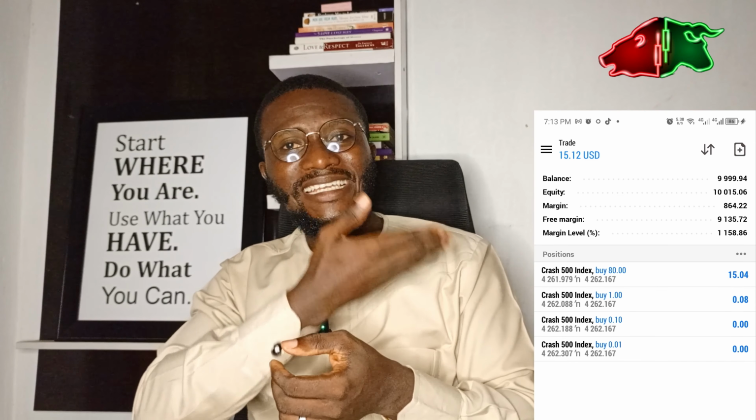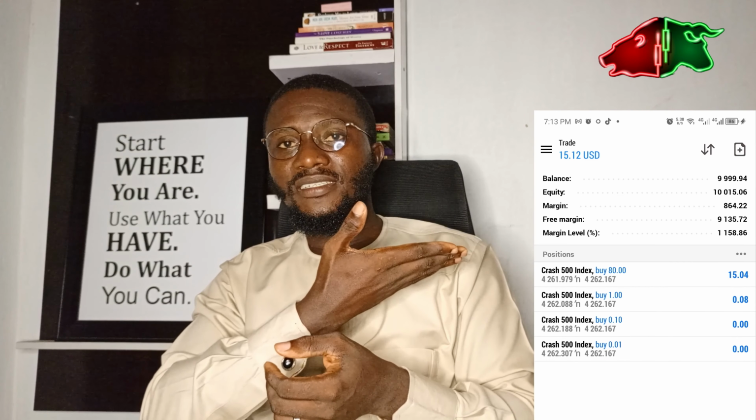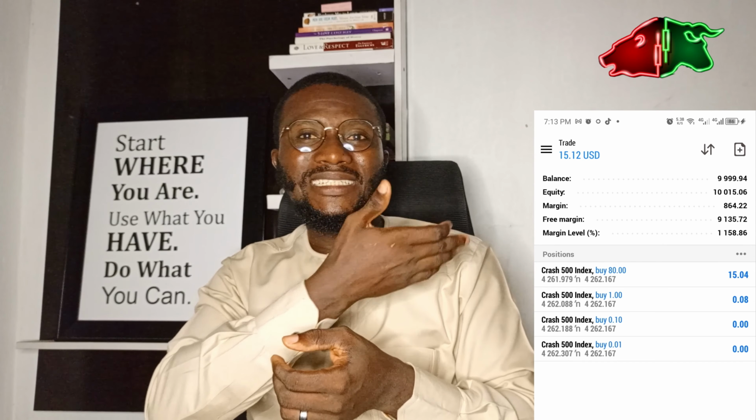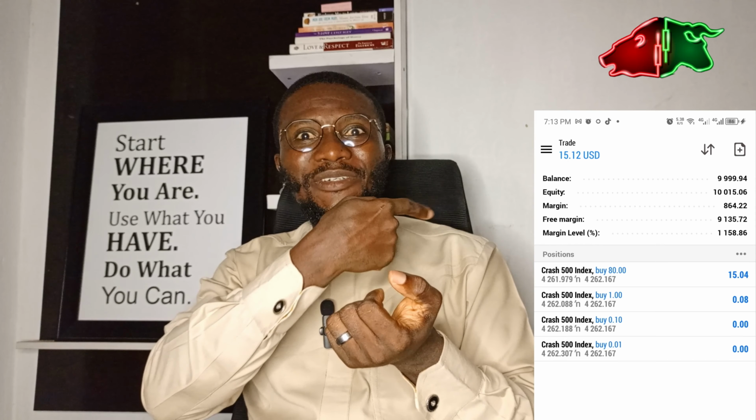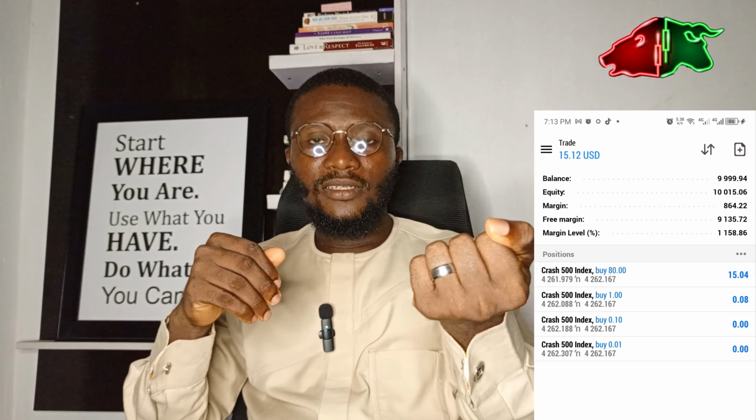Why are these positions being maintained without my broker telling me I can't open more positions? It's because I still have free margin. Look at the margin, about 9,000 something. I can open another 80 lot size, or another 50, or 1 lot size. But when that free margin is really low, like going down to $500, I'm not sure I can even open any other position again.